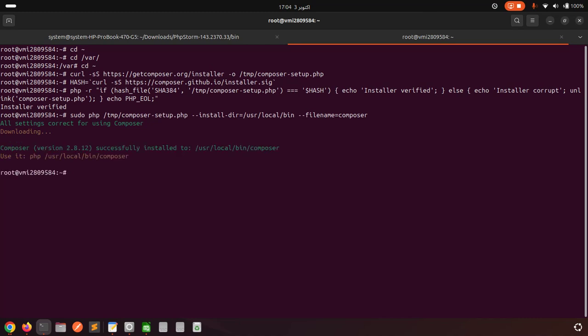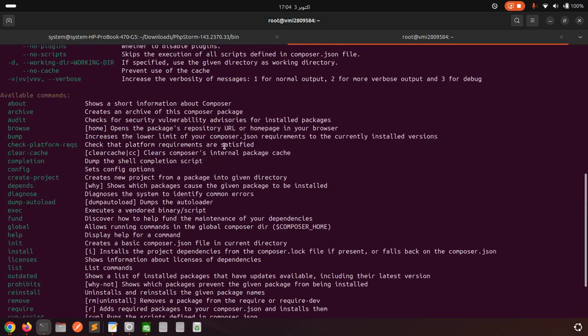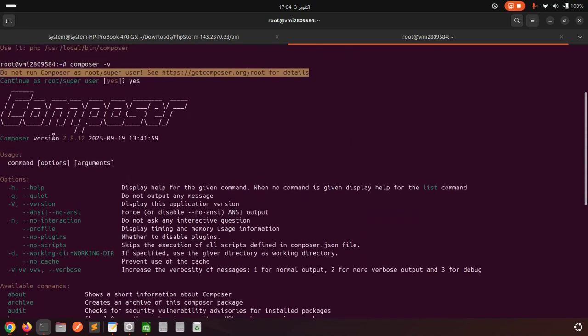If you want to verify whether Composer is installed or not, just run composer -v. Here you can see the Composer version. It means Composer has been installed successfully. So the next command is